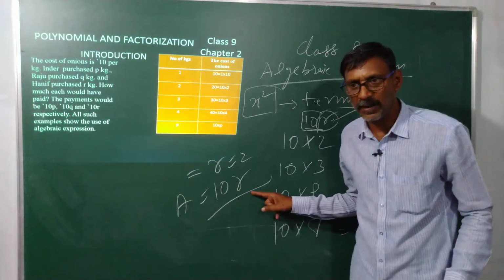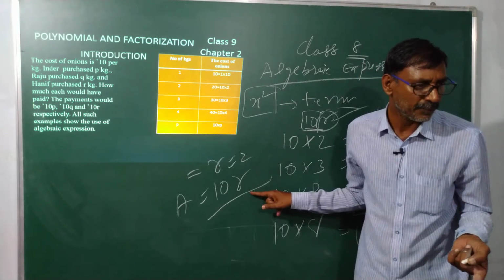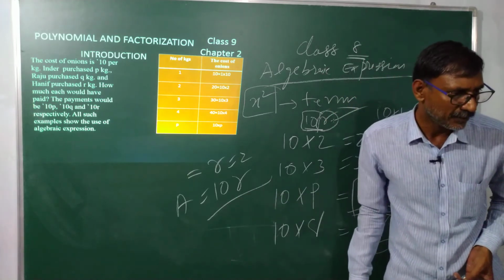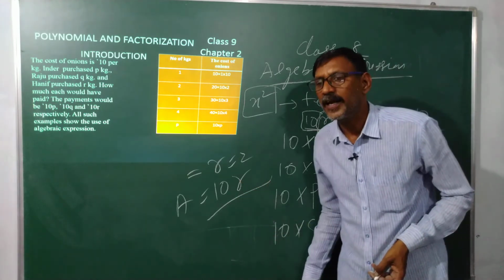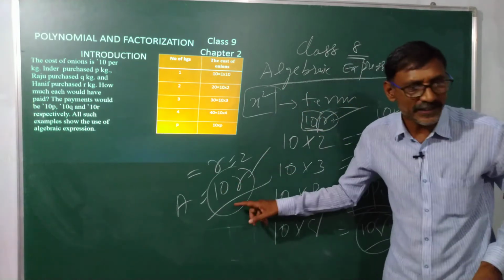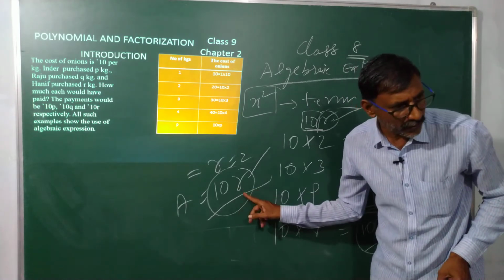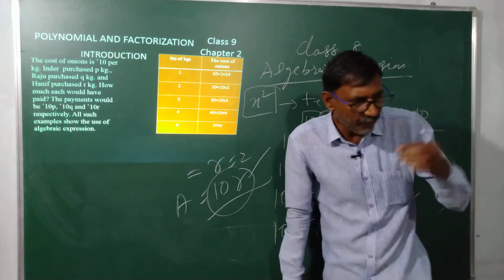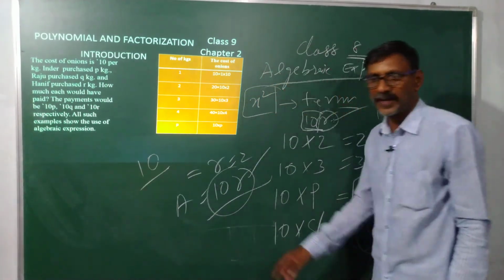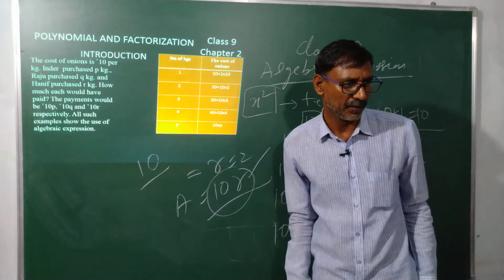The amount depends upon r. r varies from one number to another number. That's the reason this 10 is called a constant and r is called a variable. So this is my term, consisting of a constant or a variable or their product. Every term, suppose in algebra, if I take 10, 10 is a constant. It is a term in an algebraic expression, keep in mind.